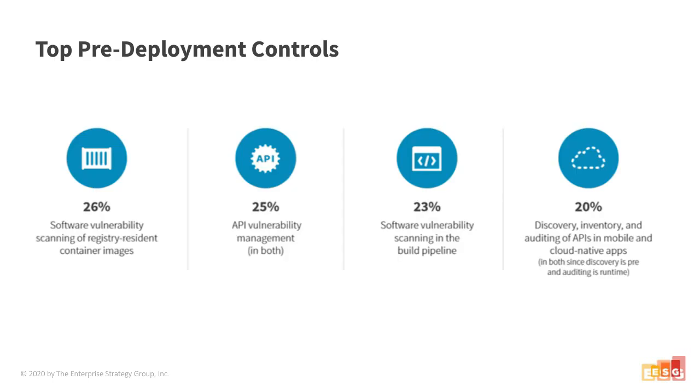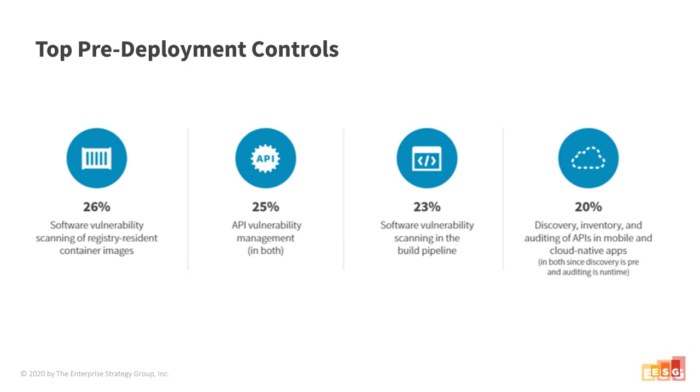What are the controls that allow you to do that? So we talked about the use cases. The controls map directly to that. I just talked a good bit about the need to identify and remediate software and config vulns. And so the number one type of control from a pre-deployment use case is those controls that allow you to do just that. In this case, it was specific to containers. So being able to identify vulnerabilities in registry resident containers. As you're pulling that image out and doing your build, you can check it right there to make sure you have no known vulns. And then API vulnerability management, I've got an annotation here: both. So there are controls and use cases that apply both pre-deployment and runtime.